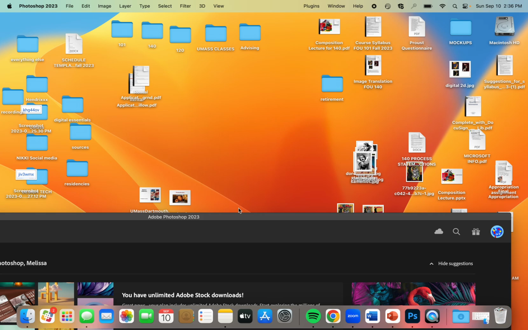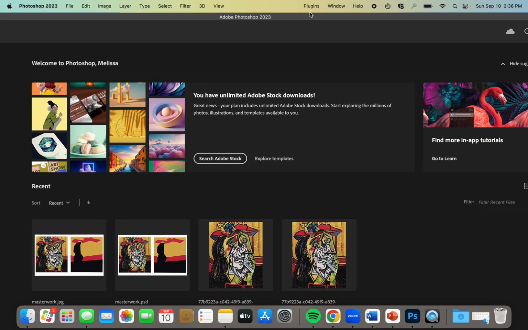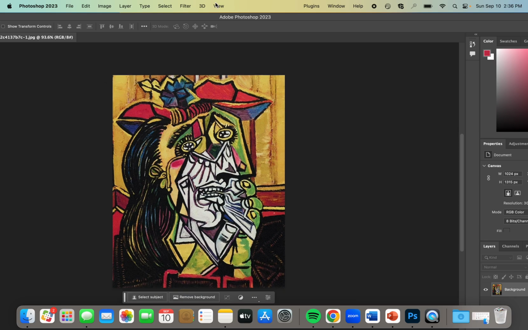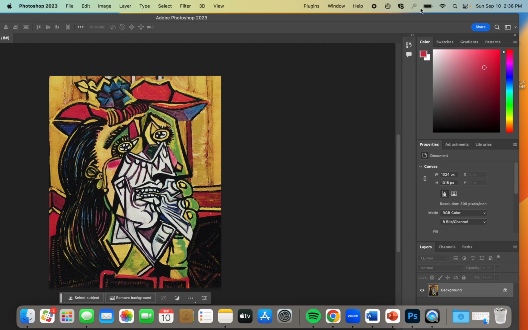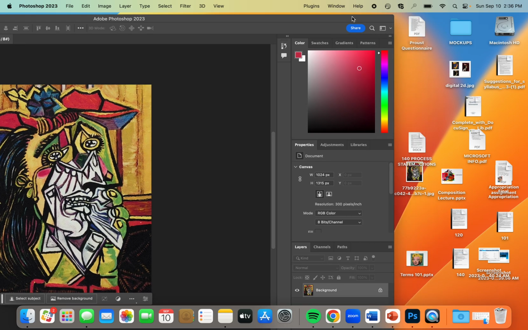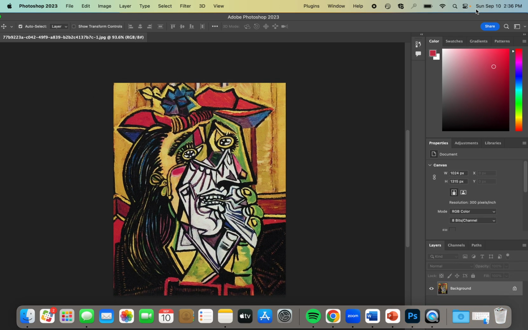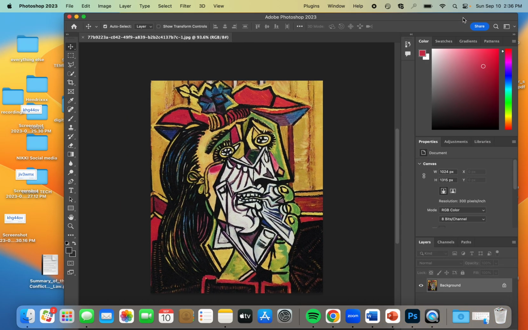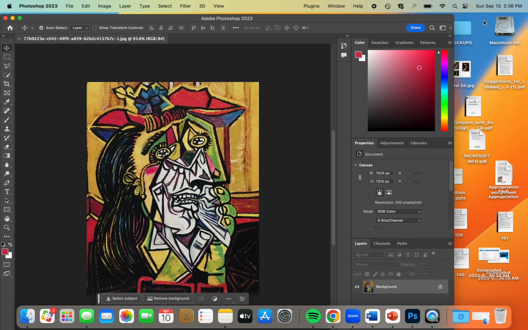So if we've got our Photoshop open, I've actually taken an image. It's a high-res image. It doesn't necessarily have to be a high-res image. And what I've done is I've pulled it off of Google Image Search. So I'm going to open that up, and I can simply drag and drop it. If I move my screen over, I need to make this a little bit smaller so you all can see. What I'm going to have on my left here, let's take up the whole screen,